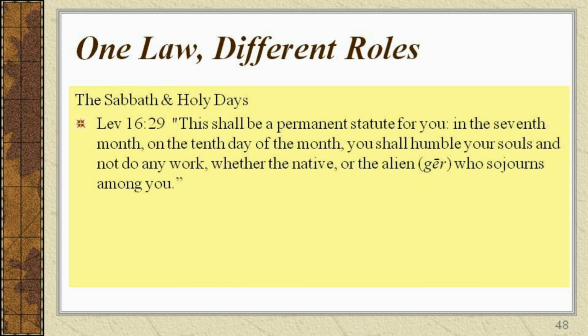The Day of Atonement was the most solemn day of the year because on this day the high priest would offer a sacrifice for the forgiveness of all the sins of the entire nation. The law of Moses required Israelites and resident aliens to fast and observe a solemn Sabbath rest on this day.